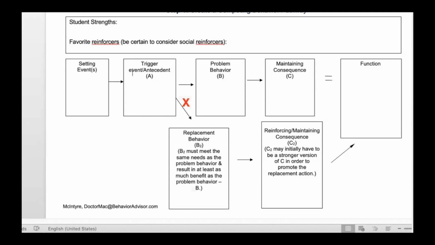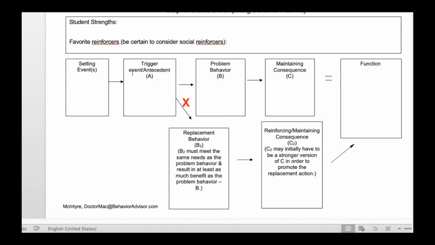That's the top horizontal boxes. And then how would we build the replacement behavior? Well, at the X there, what is the replacement behavior? And then the 2 lower boxes: how are you going to promote that replacement behavior?